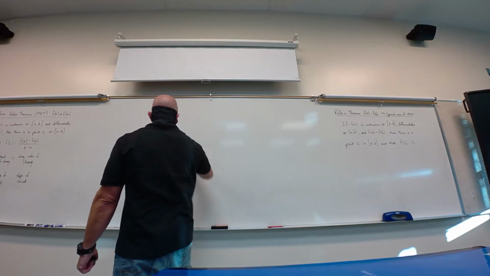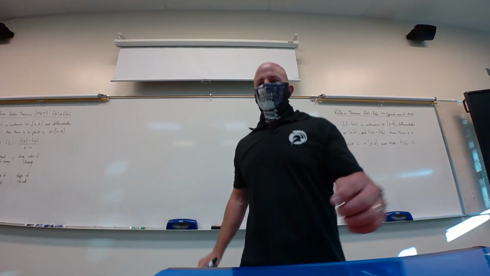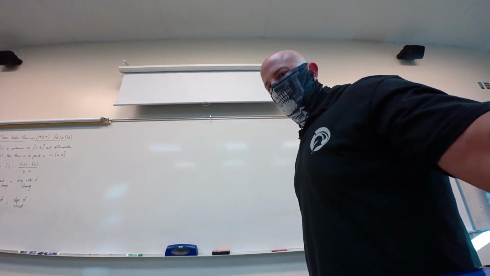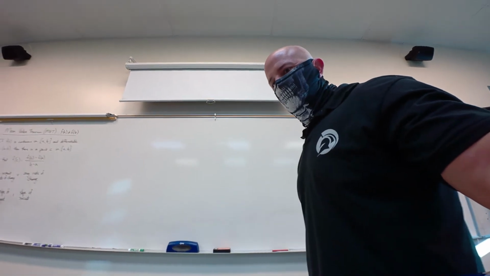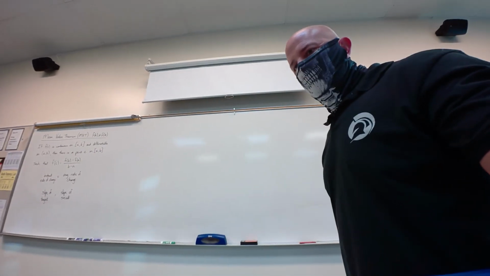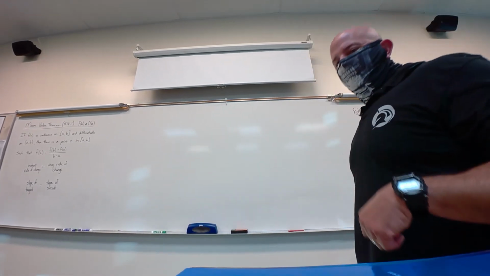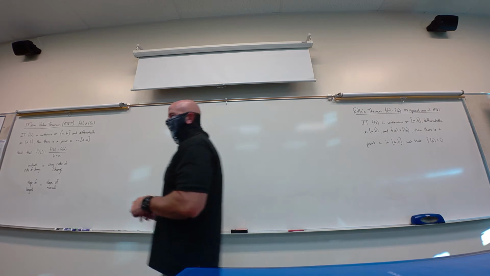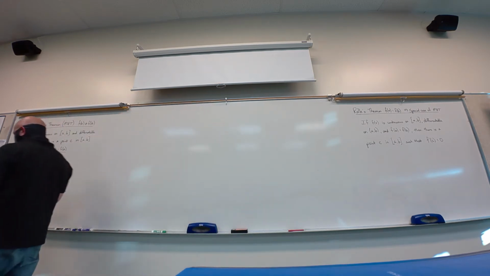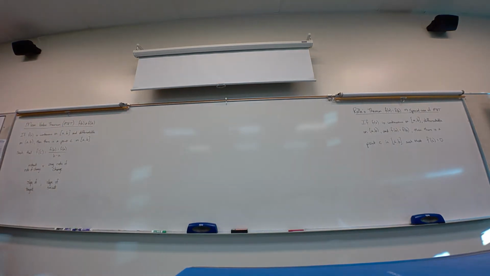All right, two theorems on the board. Mean value theorem and Rolle's theorem. So what these are doing is talking about, in general, a graph. They're actually pretty simple theorems. There's not a lot to them. They sound very complex. Okay, so we'll work with the mean value first, and then we'll go over to the